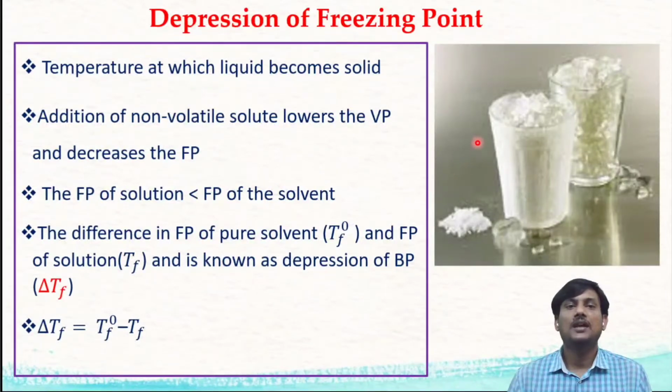For better understanding, I am taking ice and sodium chloride. We know that a liquid freezes into solid when there is a decrease in temperature. Suppose you take water, when you decrease the temperature of water, there is a freezing of water into ice. When there is a decrease in temperature, there is a decrease in intermolecular distances and an increase in intermolecular forces. In case of water, when there is a decrease in temperature, there is an increase in strength of hydrogen bonding.